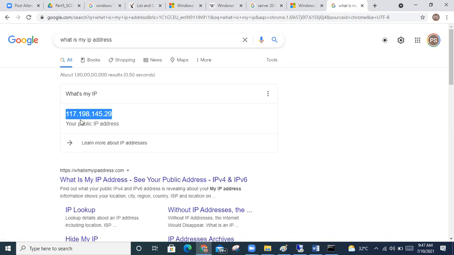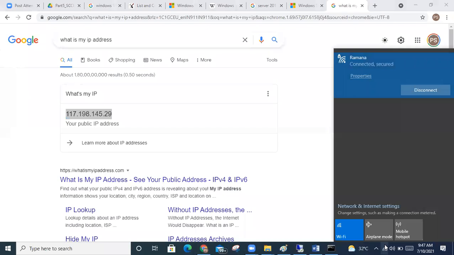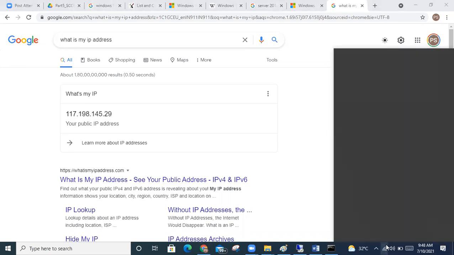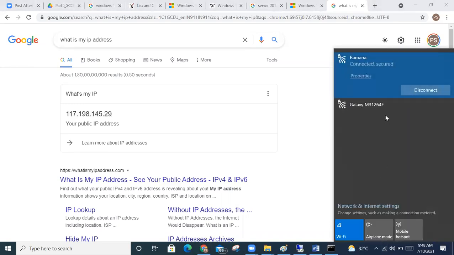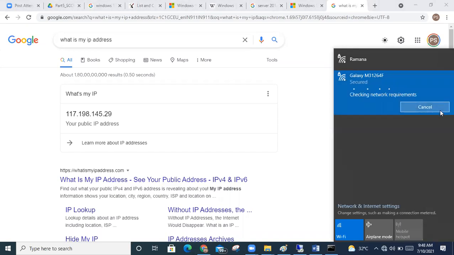For example, if you connected from Geo, or from Airtel, let me change it to some other. You will get IPv6, the latest technology. I'm using a BSNL connection, which still uses the older one. IPv4 addresses are limited. Now most of the companies and vendors are using IPv6. For example, Geo and Airtel, if you connect from a different internet, and I search for the IP address,